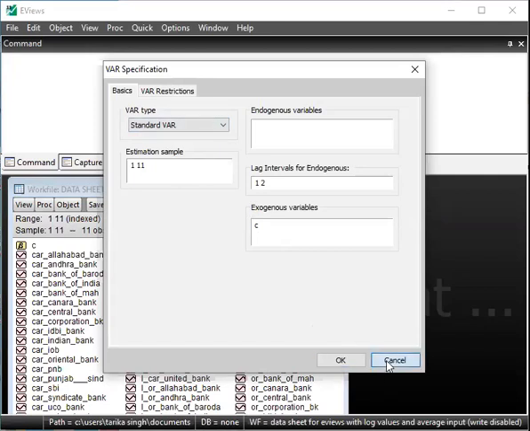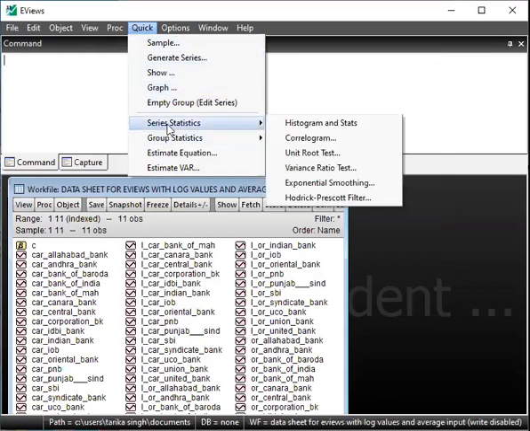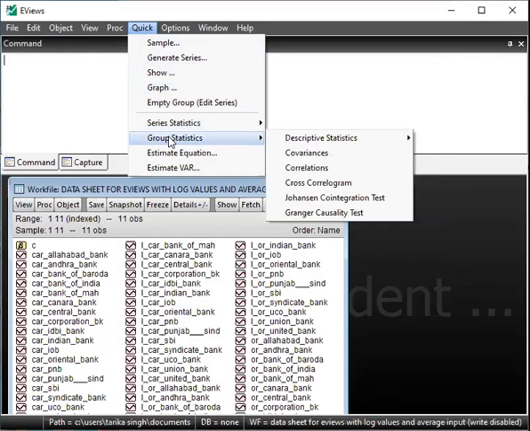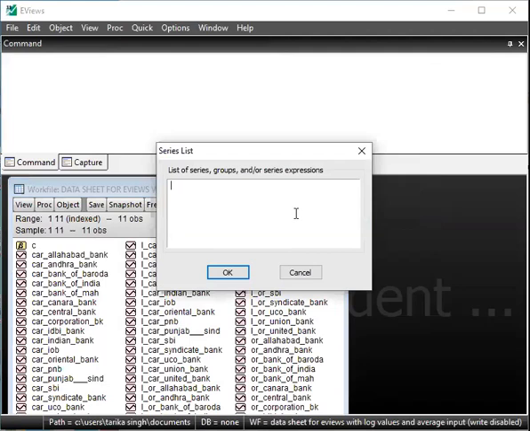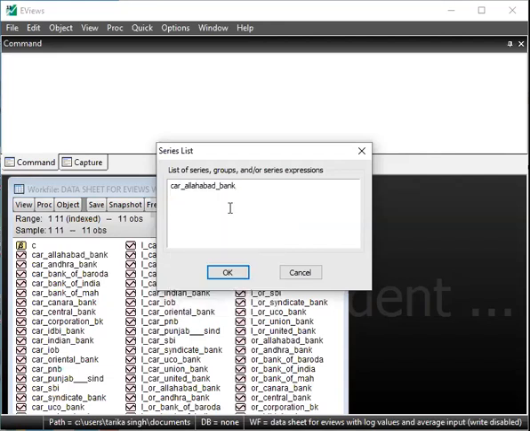Or before going for VAR, I'll go for checking of Granger causality only. Here in the group statistics, you'll see Granger causality test. I'll click on Granger causality test. Suppose I want to find Granger causality between CAR of Allahabad Bank. This is one variable.